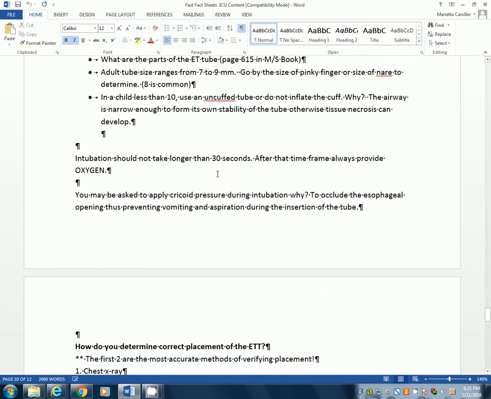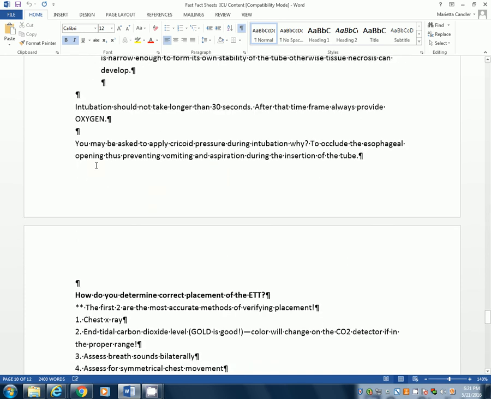Intubation should take no longer than 30 seconds. When you see someone intubating someone, after that time frame, they always need some oxygen. You may be the one giving them some extra oxygen in between. You may be asked to apply cricoid pressure, even though we're getting away from applying that during intubation. But all you're doing is going on the carina on each side of the cricoid and pushing downward. And what that does is occlude the epiglottal opening to prevent vomiting and aspiration during the actual insertion of the